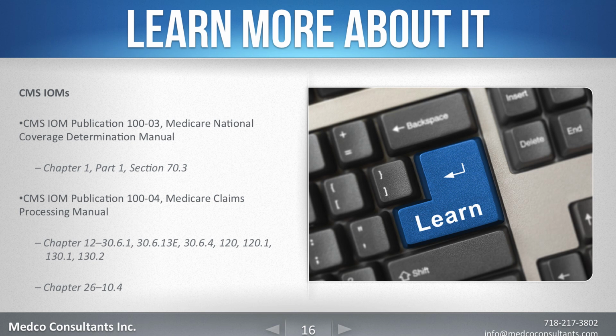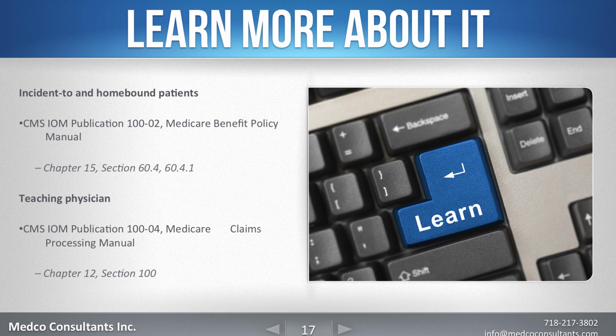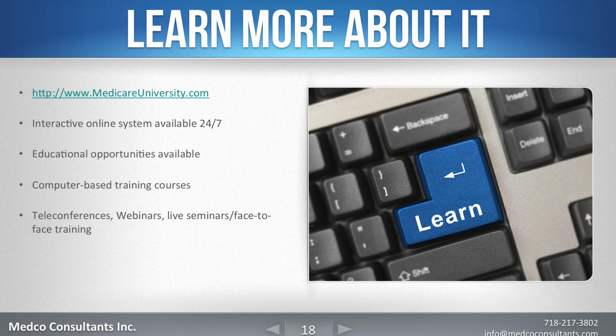It takes a lot of these complex rules and regulations and puts them into simple English so that the providers can understand it, and you can sign up for this and get free updates. Of course, you can always go to the Office of Inspector General, the OIG's website, and there you can download the 2013 work plan, and you'll see specifically what they're looking for when they come to audit these